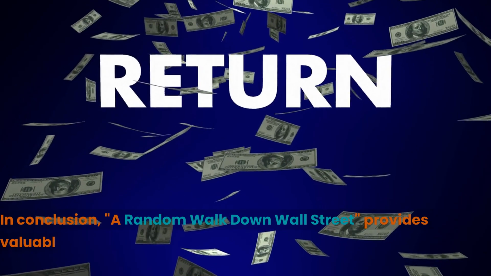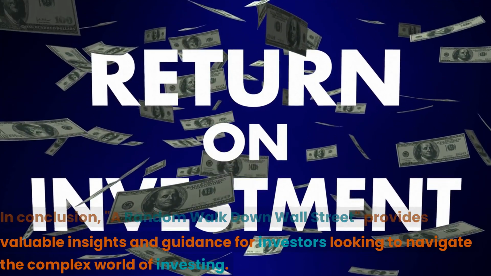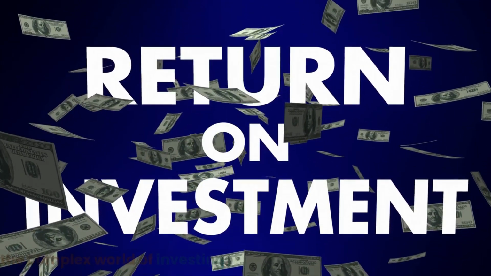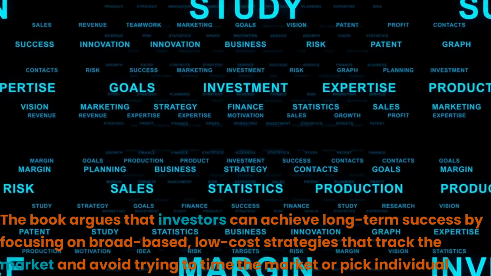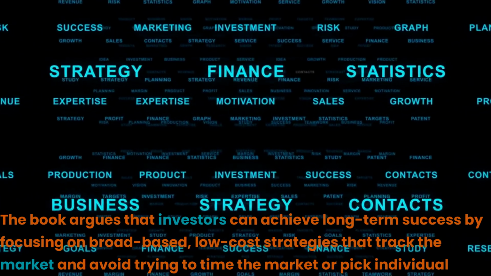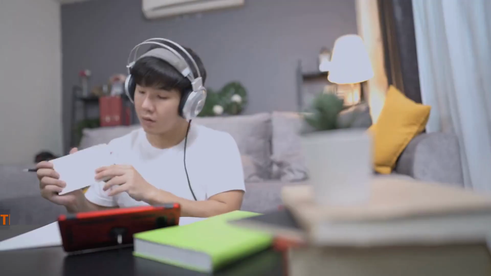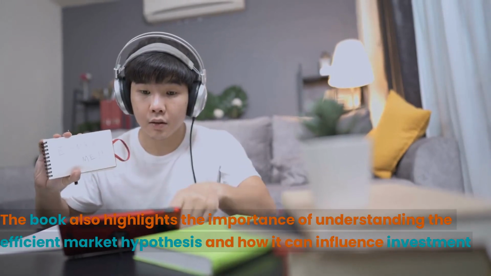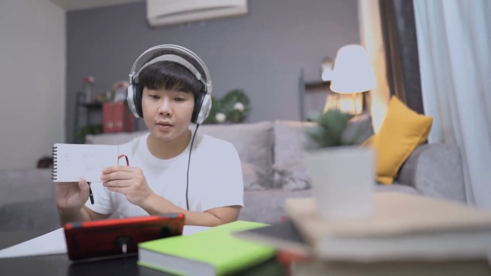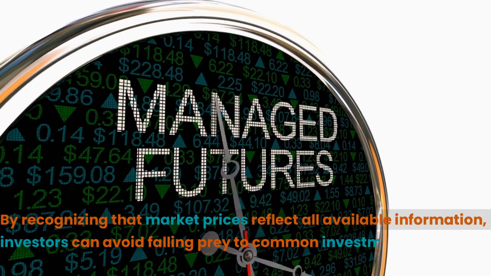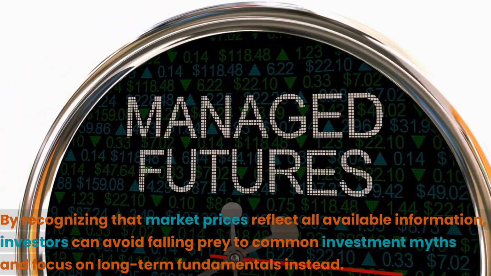In conclusion, A Random Walk Down Wall Street provides valuable insights and guidance for investors looking to navigate the complex world of investing. The book argues that investors can achieve long-term success by focusing on broad-based, low-cost strategies that track the market and avoid trying to time the market or pick individual stocks. The book also highlights the importance of understanding the efficient market hypothesis and how it can influence investment outcomes. By recognizing that market prices reflect all available information, investors can avoid falling prey to common investment myths and focus